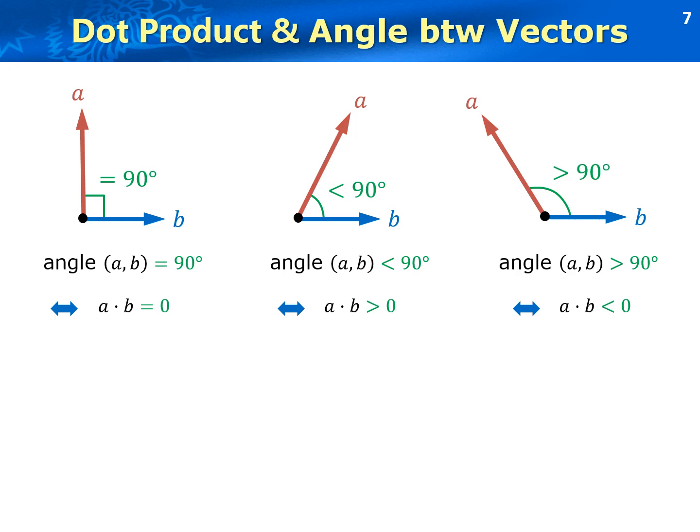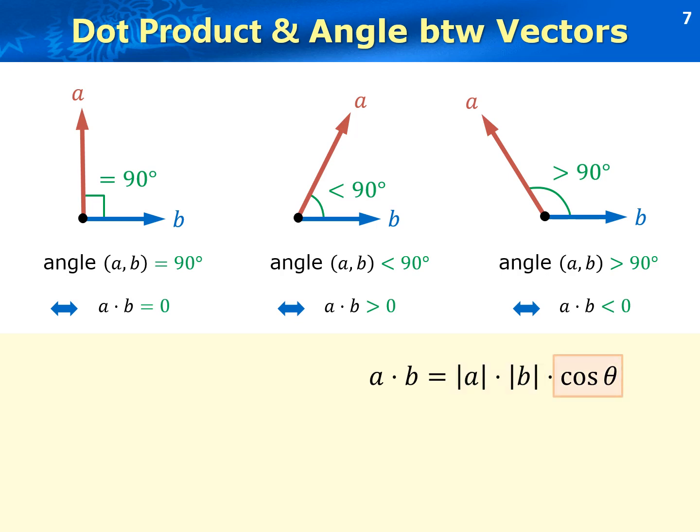The correctness of the above results can be derived from the dot product definition, where A dot B is defined as the magnitude of A times magnitude of B times cosine theta. Here, theta is the angle between A and B. Since A and B are two non-zero vectors, their magnitude is always positive. Therefore, whether A dot B is positive, 0, or negative depends on the cosine theta value.